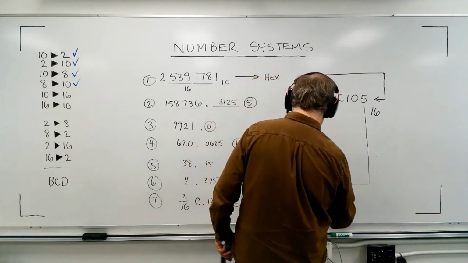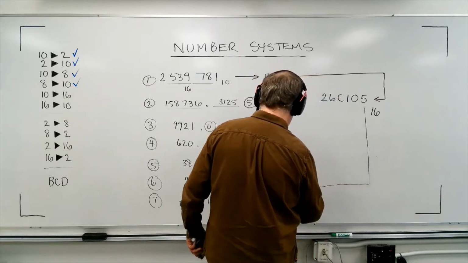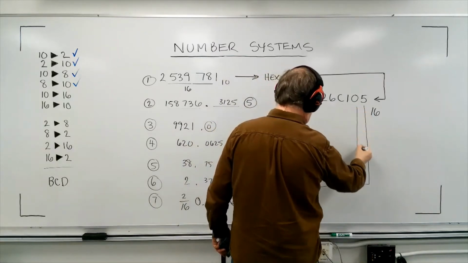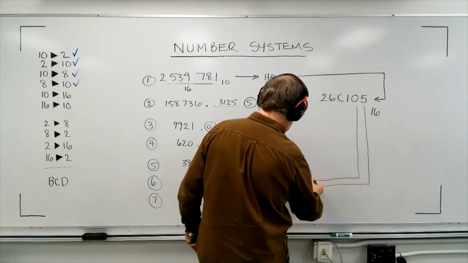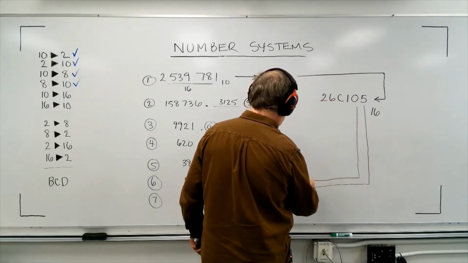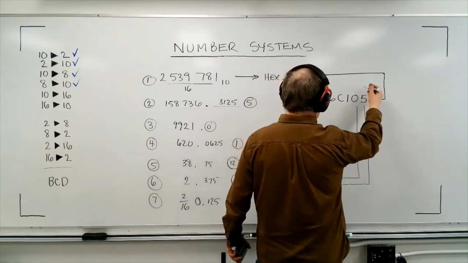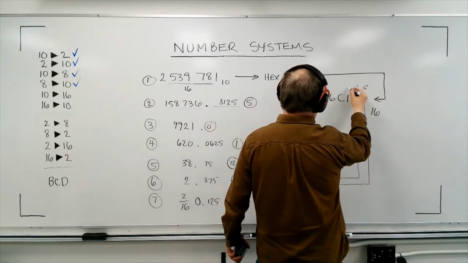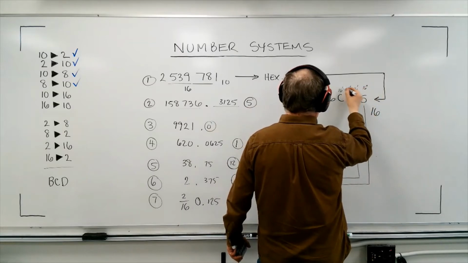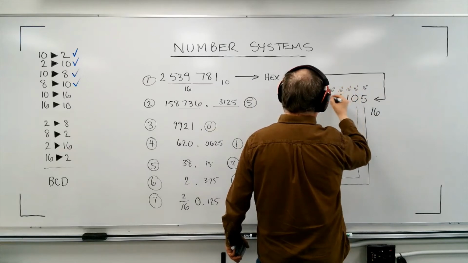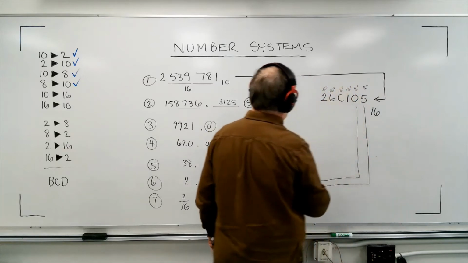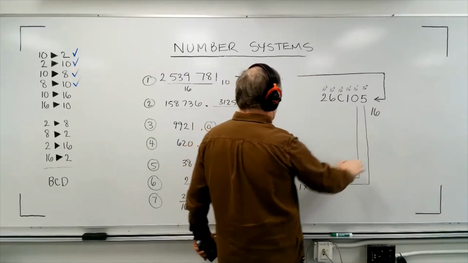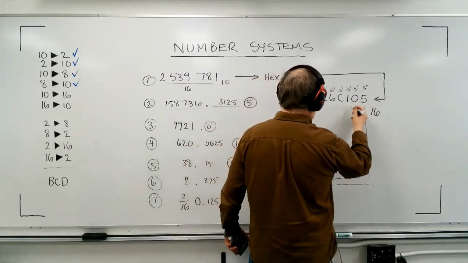And this is going to be 5 times 1, and this is going to be 5, right? This 0 is going to be times 16, because this is hex. Remember, this space here is 16 exponent 0. This is 16 exponent 1. This is 16 exponent 2, 16 exponent 3, 16 exponent 4, and 16 exponent 5 in terms of the value of the place, right? So 5 times 1, 0 times 16, 1